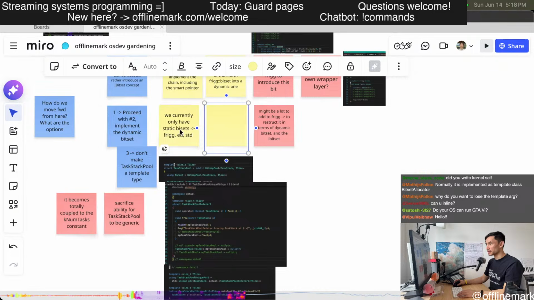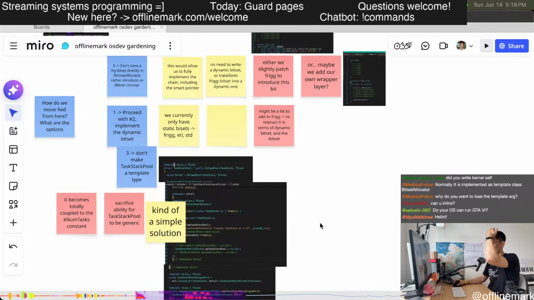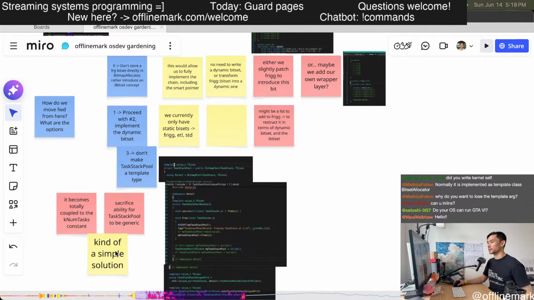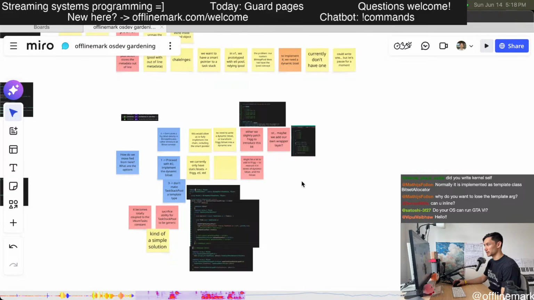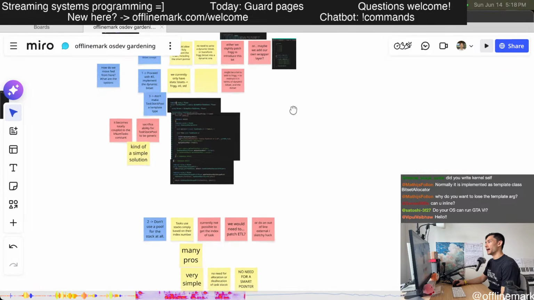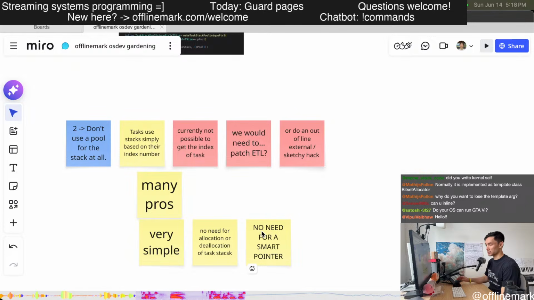But this is also kind of a simple solution. But looking at the global landscape of these options, I feel like number 2 is probably what I want to go with.